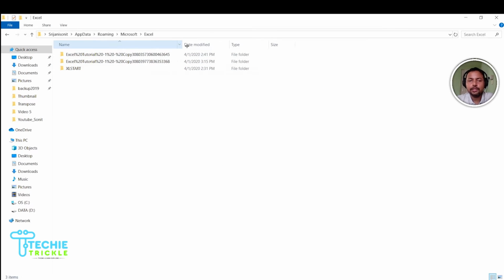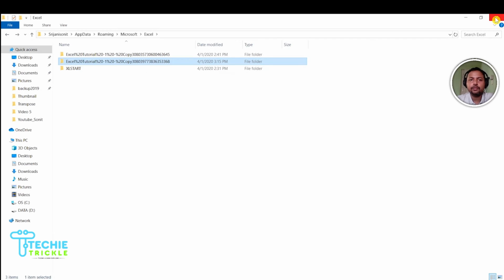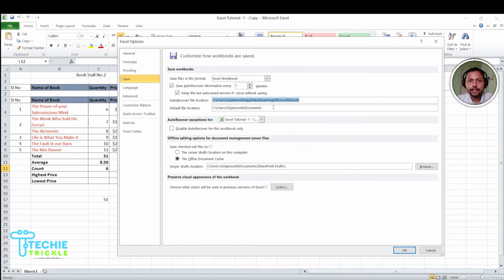So that is the data that is already present. The files are inside this. Let me close this particular window and come back here. Instead of this particular location, you can put your own file location.